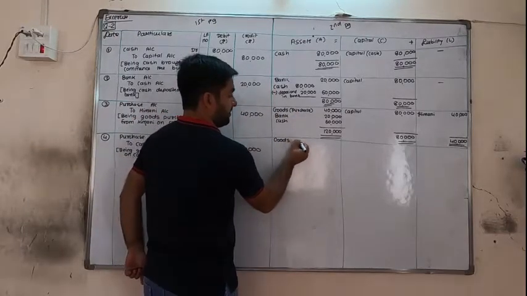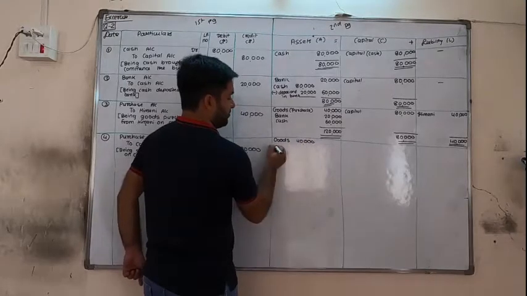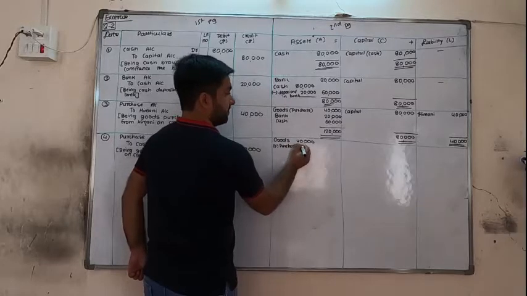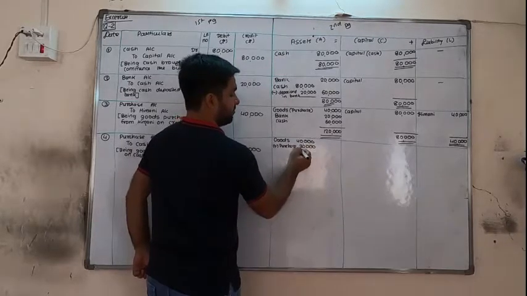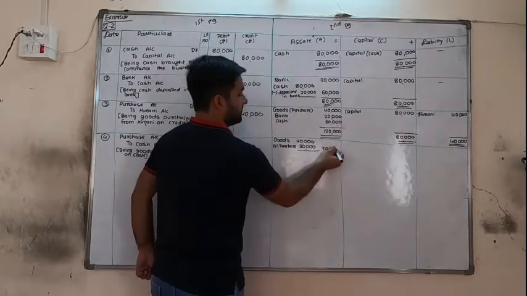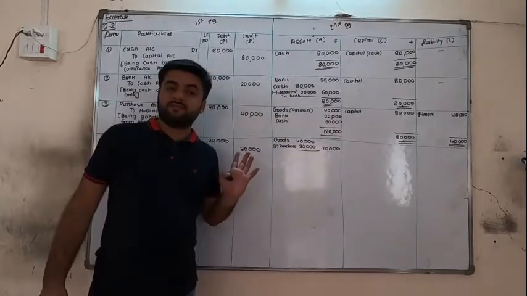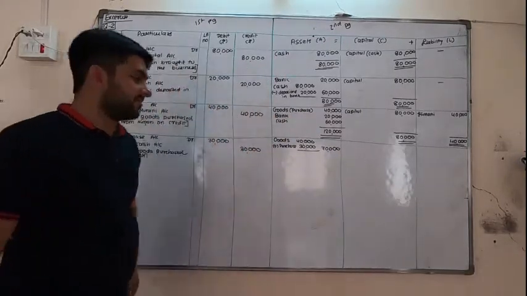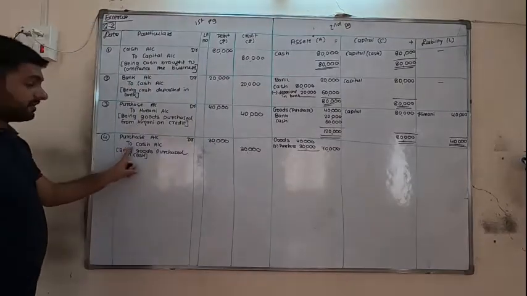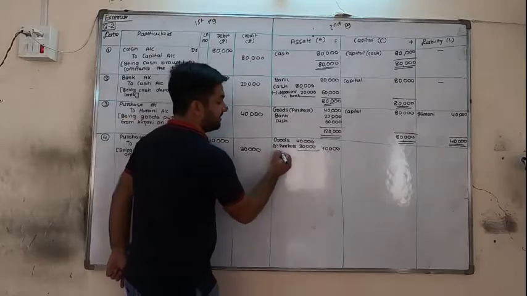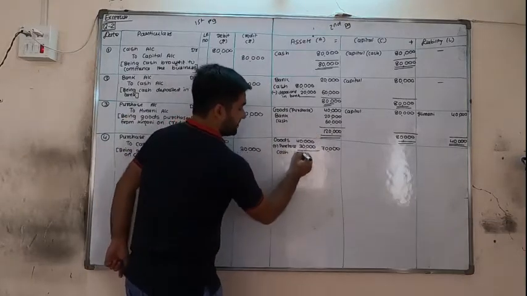So goods were 40,000, again new goods are coming, plus purchase 30,000. So now total we have goods of 70,000 in our business because 40,000 was previous and 30,000 we are purchasing now, so 70,000. Moreover, cash is going out because cash is credited, cash is going out because we have paid the cash. Cash was 60,000